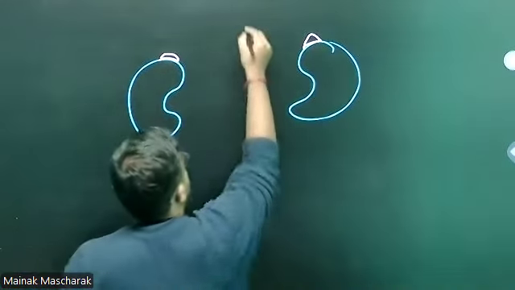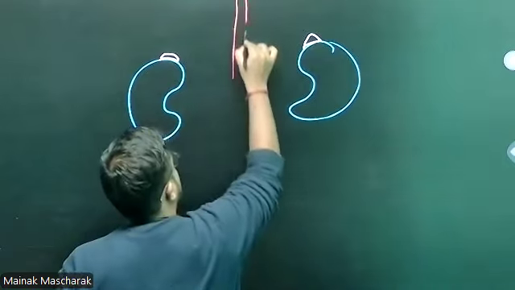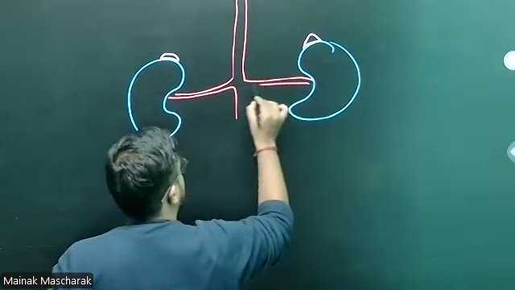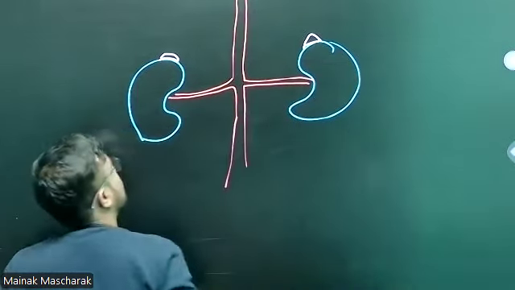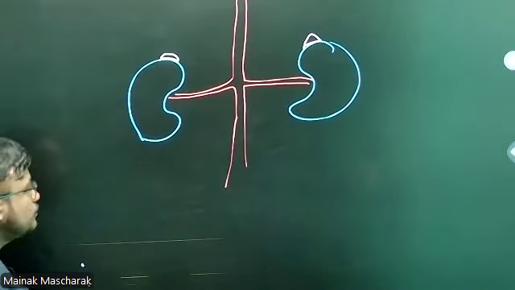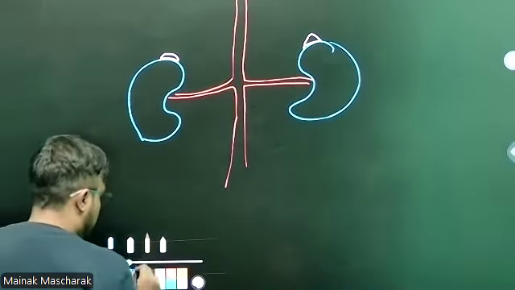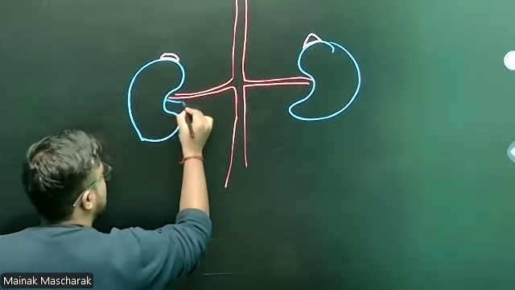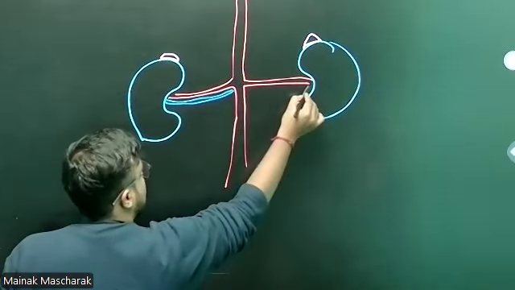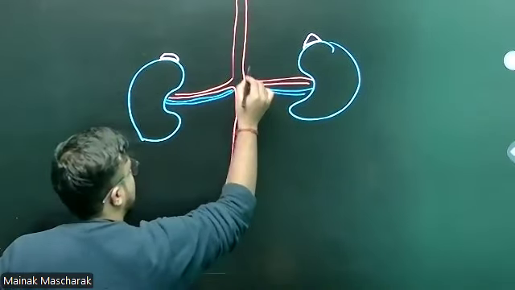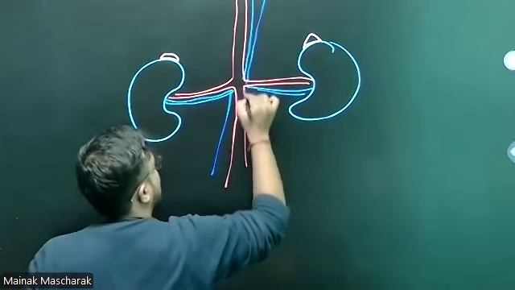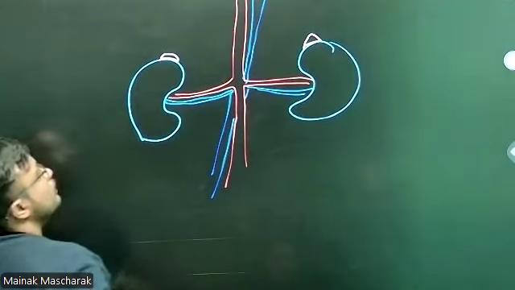Now we know that in the kidney there is a basic blood supply. Yes or no? Basically the blood comes from the aorta. Yes or no? These are all the branches of the aorta. और इधर से क्या निकलेगा? From here the veins will come out. Yes or no? Here also the veins will go out. है ना? And all this together forms the great vein.